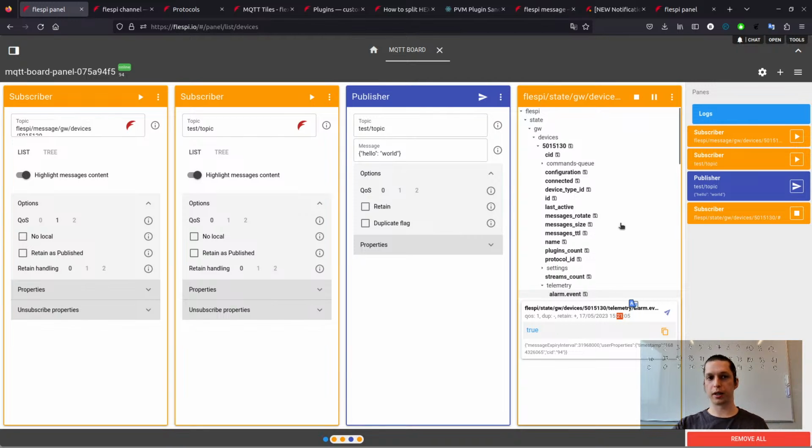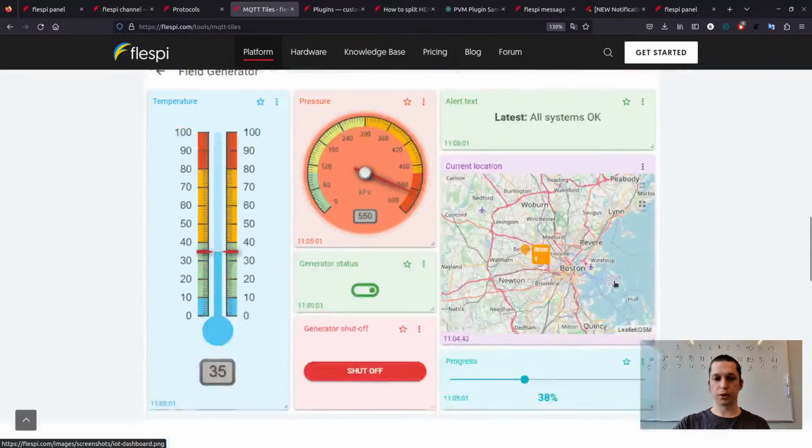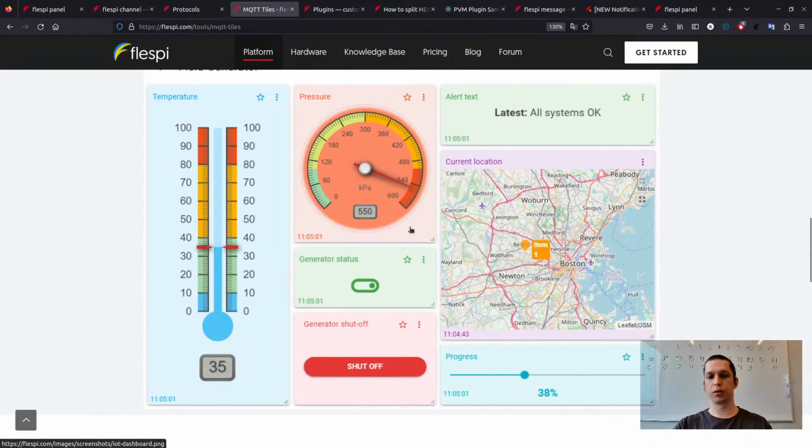For example, if you create live dashboards. And by the way, you don't need to create new software to build live dashboards, because we have one. It's called MQTT tiles. I will not show you the details, just to show how dashboards can be built, something like this one with gauges, with maps, with some values, or something like this with another gauge, or you may even send commands from some button.